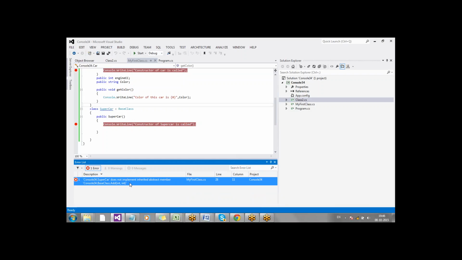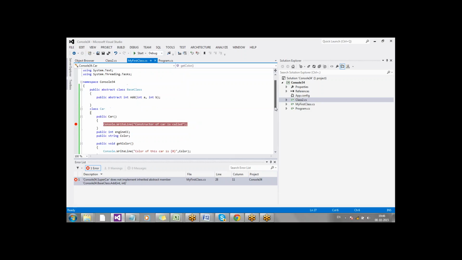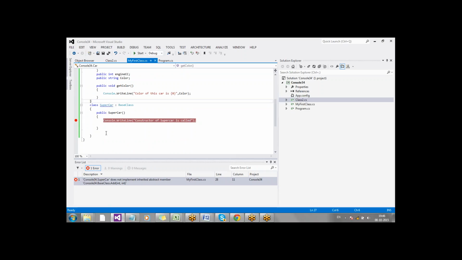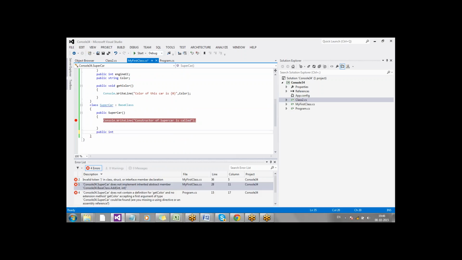Good. So what does that mean? It should mandatorily provide implementation for the base class's abstract methods, right? Understood? Which we did not do here. Okay, so what I'll do now, public. So let us see how it goes. Okay, public int add of int x comma int y.